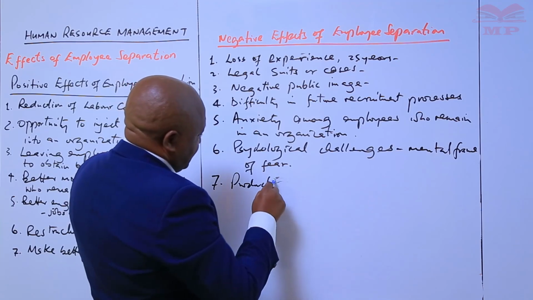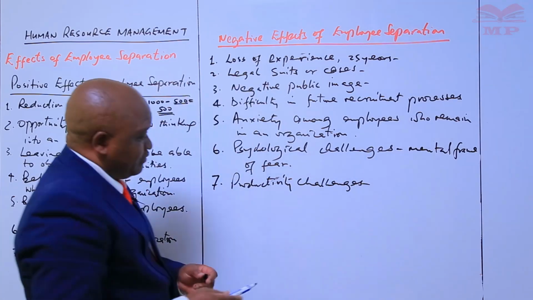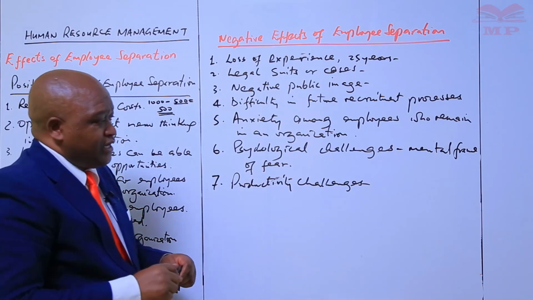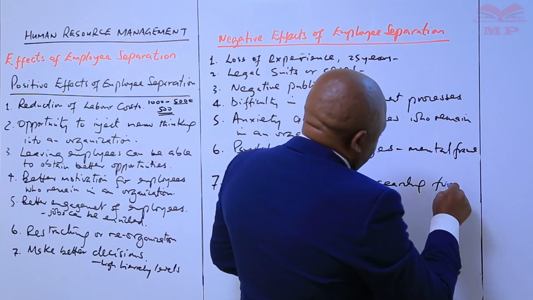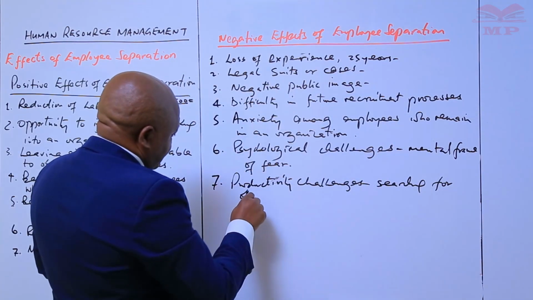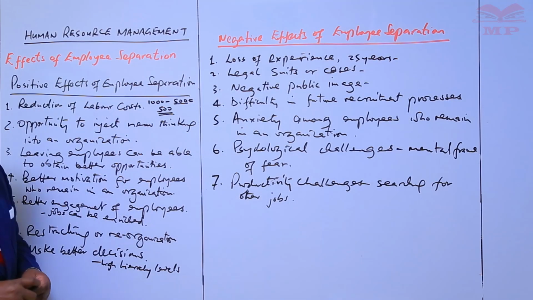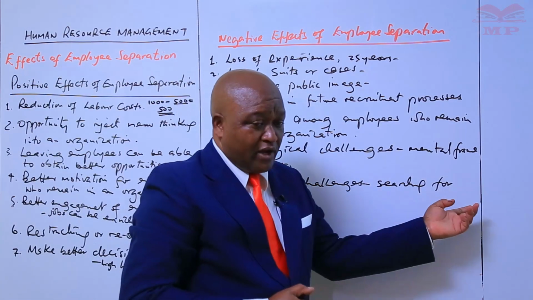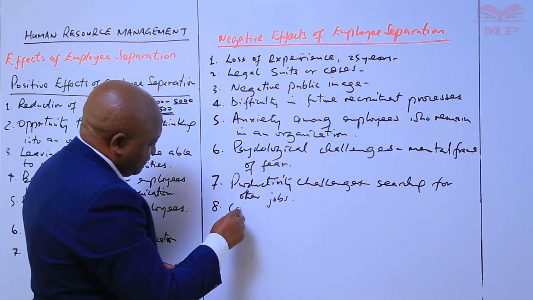productivity challenges. Now, why would this be a problem? What is likely to happen? Most of the employees will start searching for other jobs, because they will start to feel that the organization may, after some time also, carry out, for example, staff reduction. So productivity challenges may be experienced, and this may be brought about by workers starting to search for other jobs. And then there are also what you call cost implications